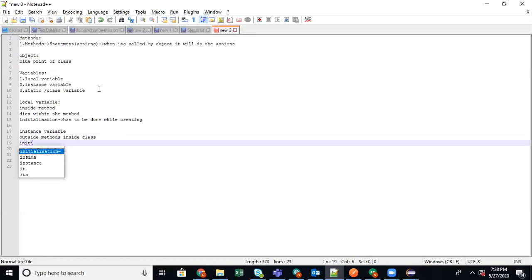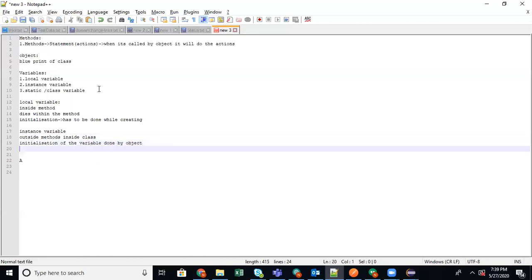The default initialization of the variable is done by the object, and this instance variable can be used when called by an object. I'll tell you how all this works.